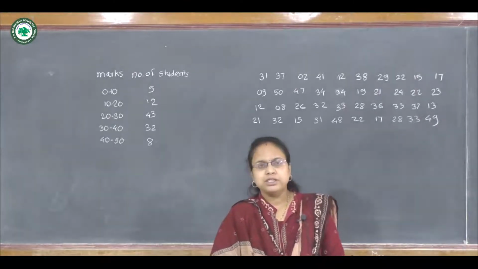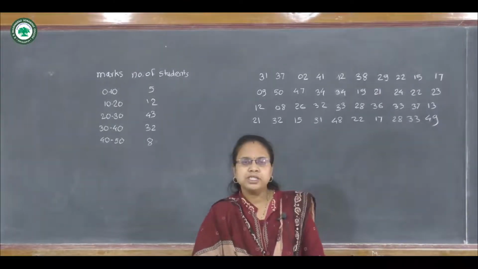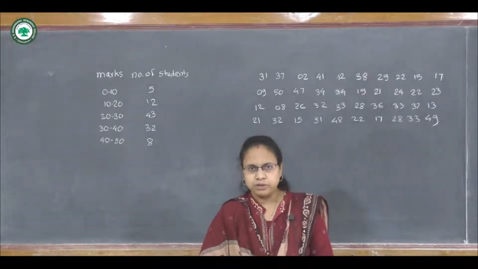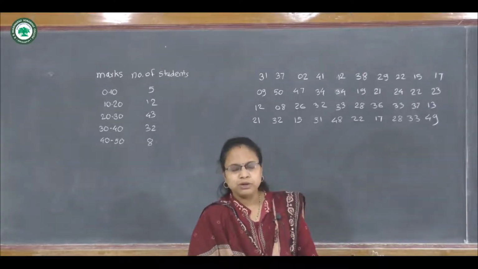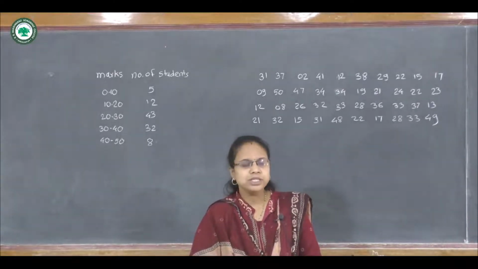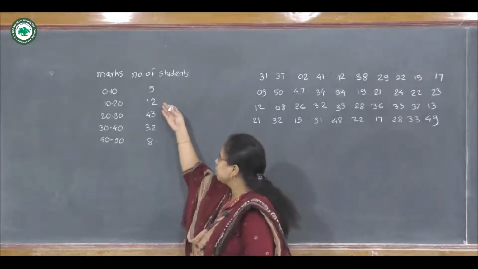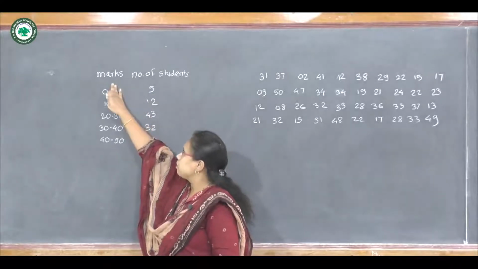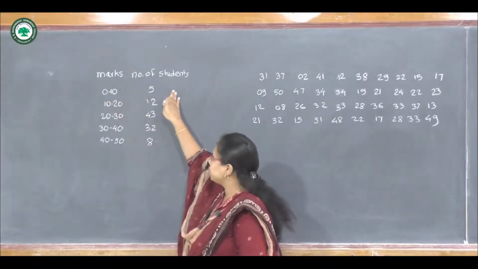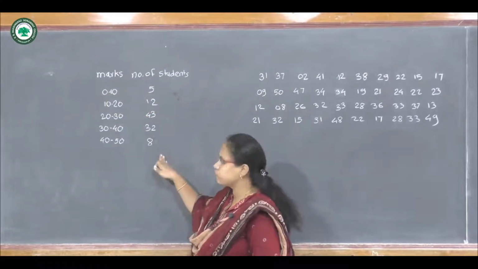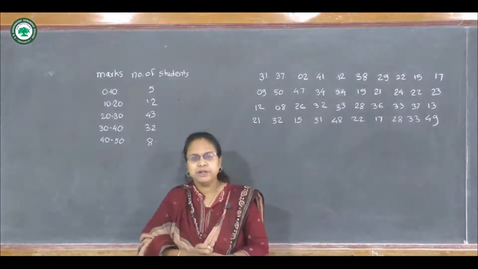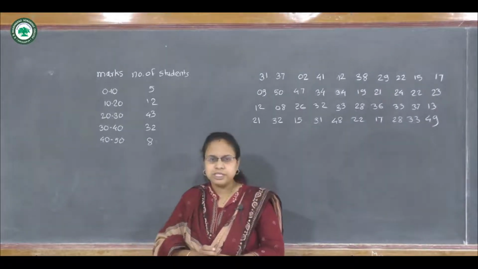In the last lecture we have seen the frequency curve and frequency polygon. So let's take one example on that and then we will continue with the stem and leaf chart. This is the given data for a number of students, that is marks and number of students, and we want to draw the frequency curve and frequency polygon for the same data.